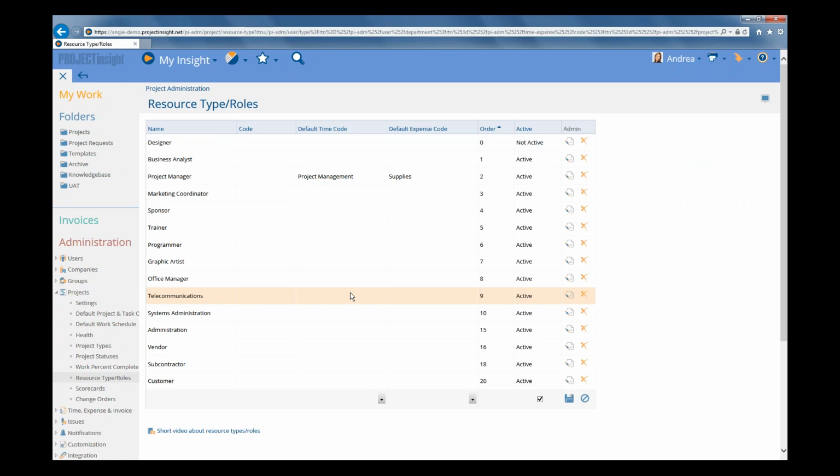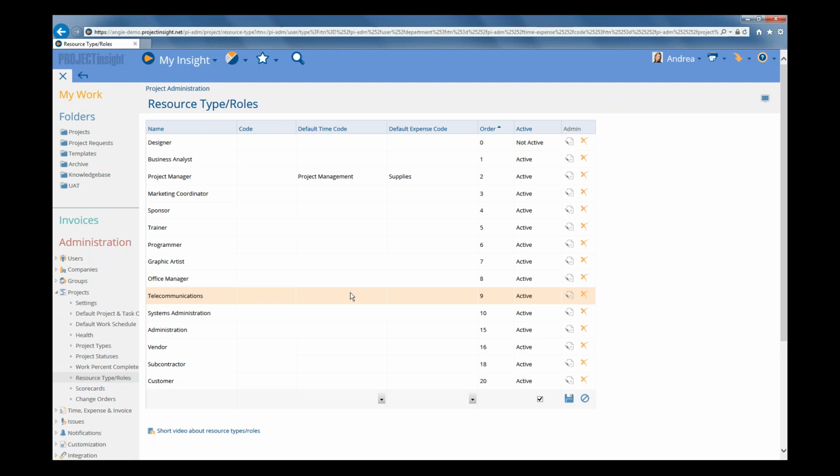Resource types and roles are where you define the different resource types or resource roles that you require on your project in order to accomplish the work. Where user types are just used to filter your list of users and are just a reference that doesn't have any back-end functionality associated with it, resource types and roles are used to do resource management and other resourcing functions, such as automatically assigning users to tasks depending on the abilities they have and the type of work required